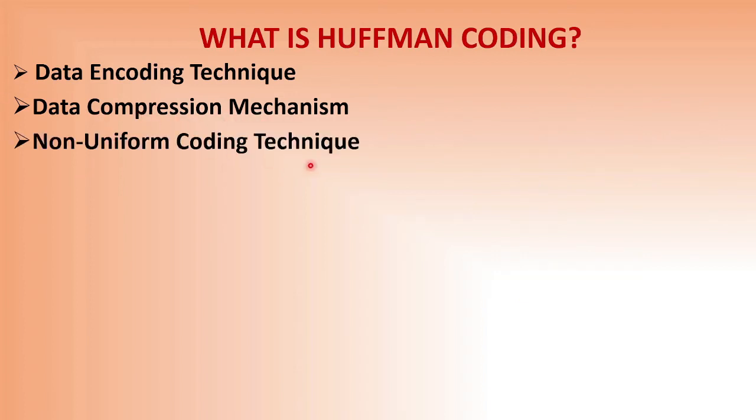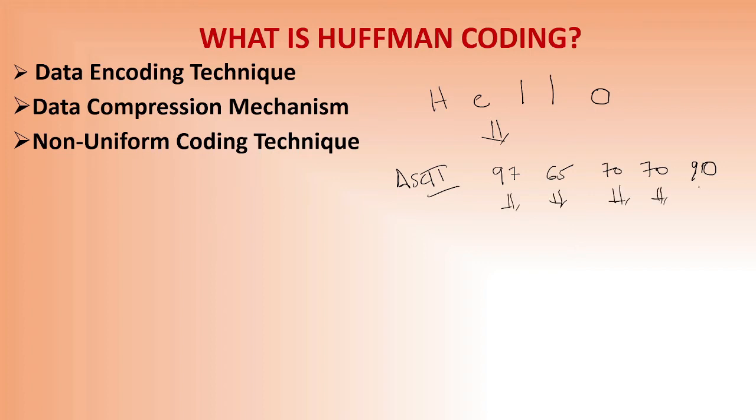Then it is a non-uniform coding technique. When you send a message, it is made up of alphabets. Hello has 4 letters: H, E, L, O. Every letter will be compressed in a non-uniform way. For example, I want to send this message hello from sender to receiver. This message will be converted to 0 and 1 inside the computer. Every letter has an ASCII code. H will have some ASCII code, E will have some ASCII code, and L also will have some ASCII code. I'm just writing random values here. Suppose these are the ASCII values. Now this ASCII code will be converted to its binary format. These are all decimal numbers, so they will be converted to binary format like this.